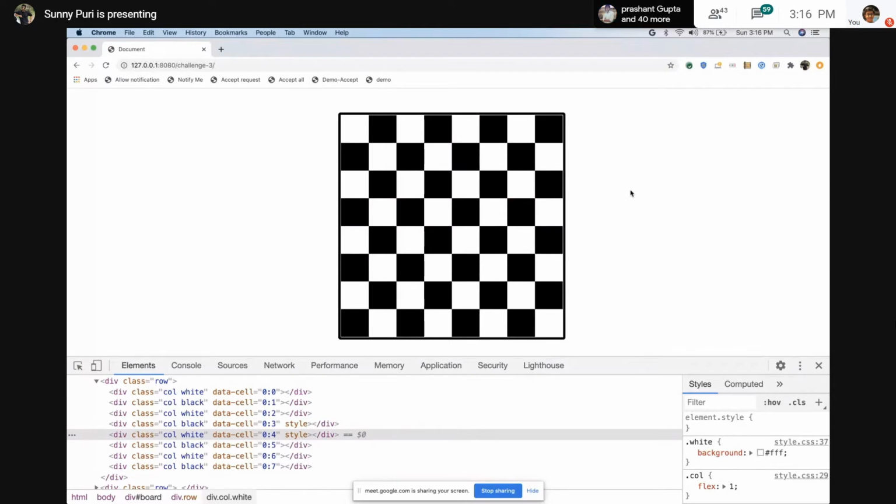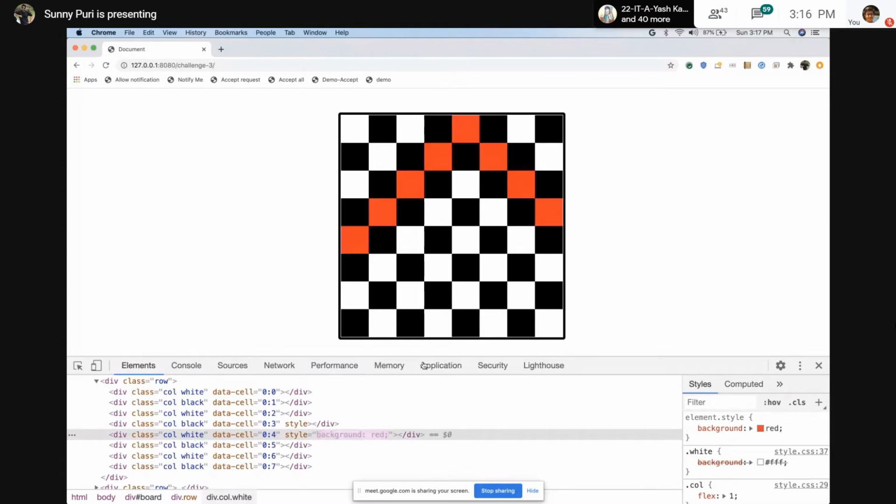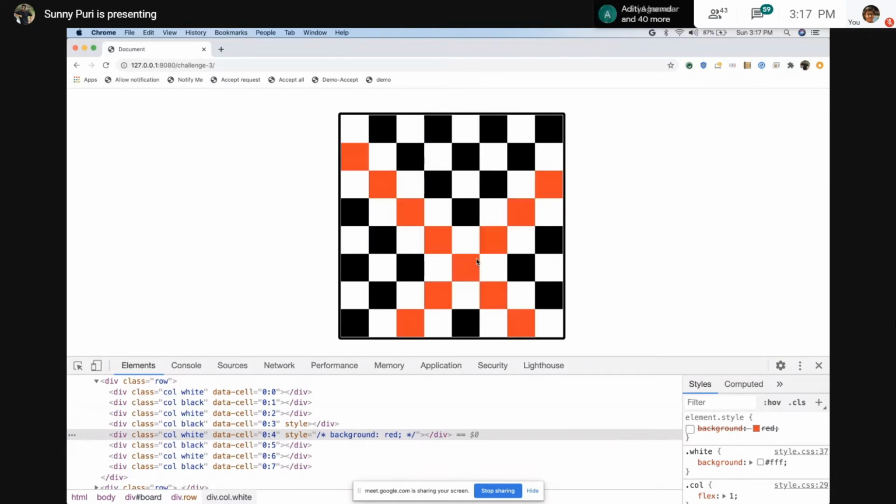Few people have attached black and attached white, identifying which color was there. But we have to take advantage of CSS specificity. CSS specificity says if inline CSS is there, then these classes will not work. So when this inline CSS is there, then this white will not work. And as soon as we remove it, automatically the class will take priority, and black or white, whatever it is, will come in the picture. So this is the DOM part. This is what we need as challenge 3.